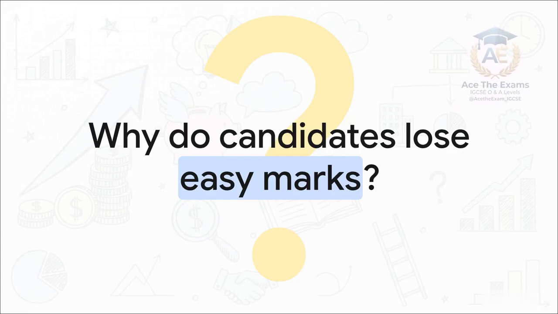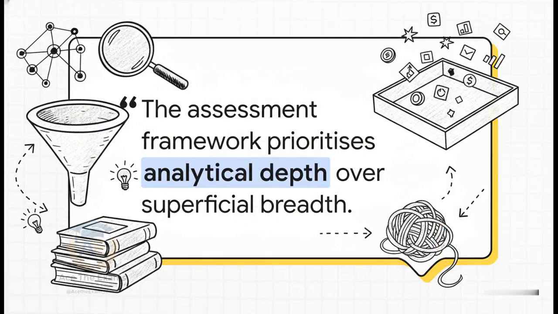They treat a multi-stage question like a bunch of isolated bullet points, instead of building a cohesive financial narrative. The examiner desperately wants to see you break down a complex funding problem into logical steps, solve them systematically, and then step back to check for reasonableness. If you skip the necessary steps just to rush to the final answer, you literally bleed marks all over the page. And honestly, this quote right here brilliantly illustrates exactly what we are up against.